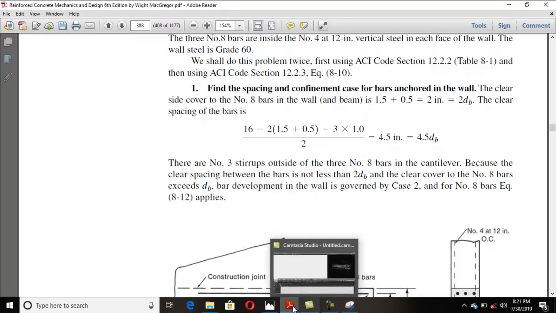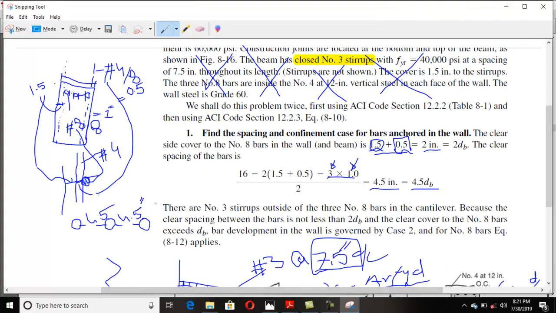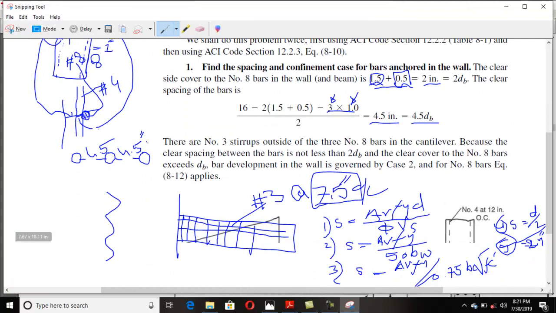Yes, exactly. Because this means that we have this distance of 4.5 inch between these two bars. As 4.5 inch is more than 2 dB, because dB is 1 inch, 4.5 is greater than 2, so therefore